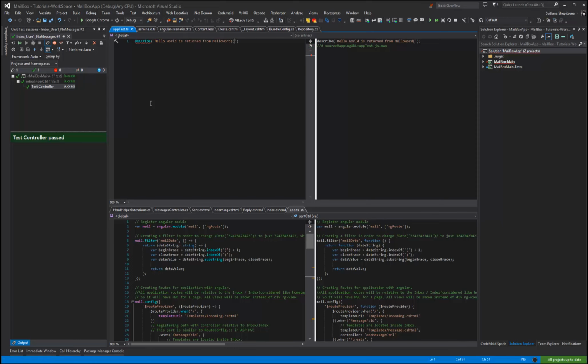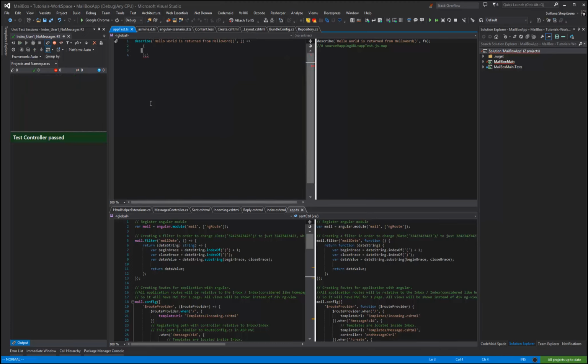And let's put braces at the end, just to specify that hello world is our function. And the second parameter is going to be an anonymous function, and with TypeScript I specified it with the snippet FA,